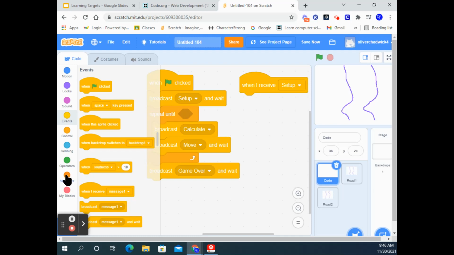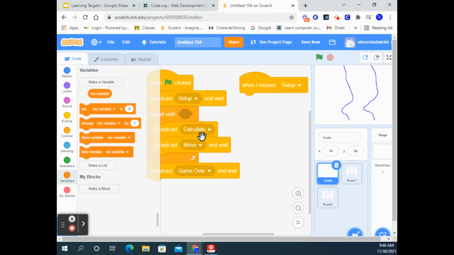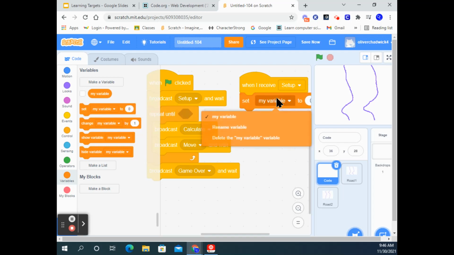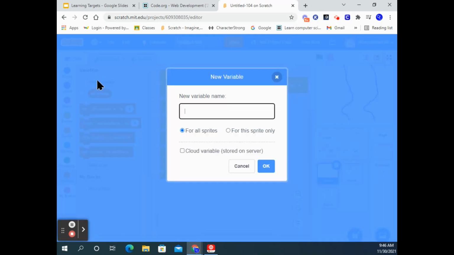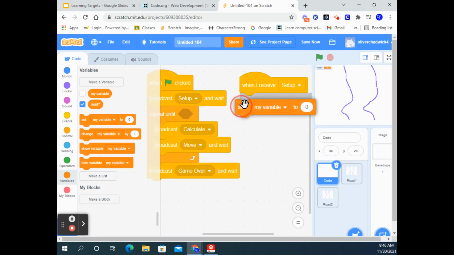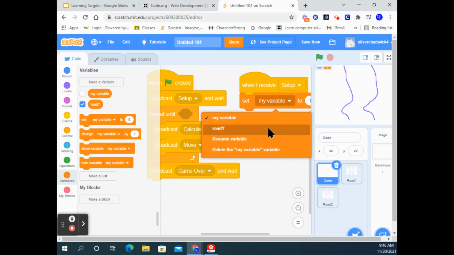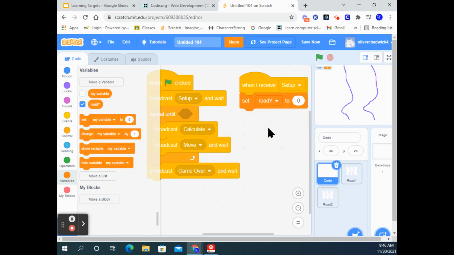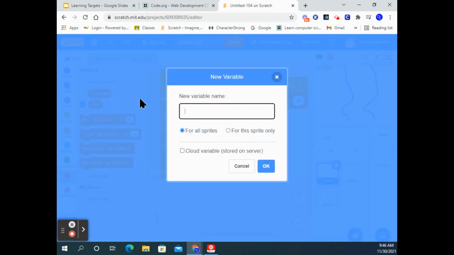We're gonna go to variables now, and we're gonna make 3 variables. Okay, the first one. Make variable. I'm gonna call it road Y for all stripes. Make another one called